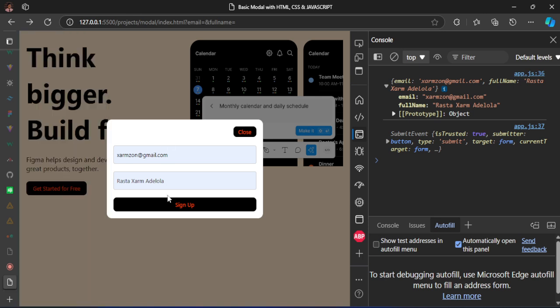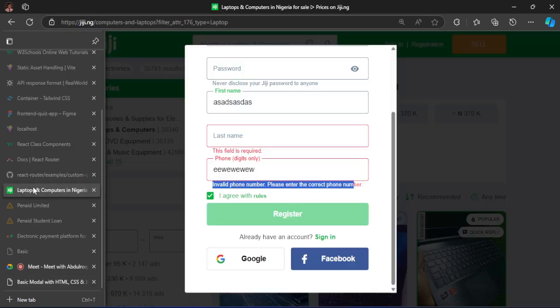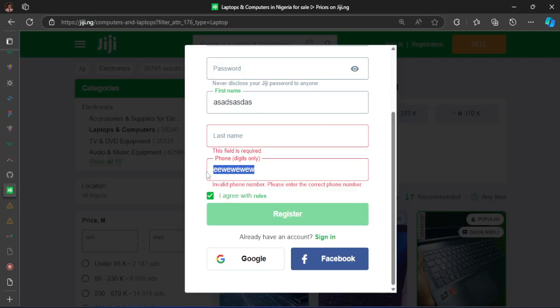So anytime the user submits or anytime they leave this input, you can actually check what they typed here, which is what we are getting here. As you can see, the details that the user typed inside this box, we have access to it in our JavaScript. So it's easy for you now to check the value, whether it follows what you are expecting or not. Here, this thing is expecting a number from us, but now I'm typing this nonsense,